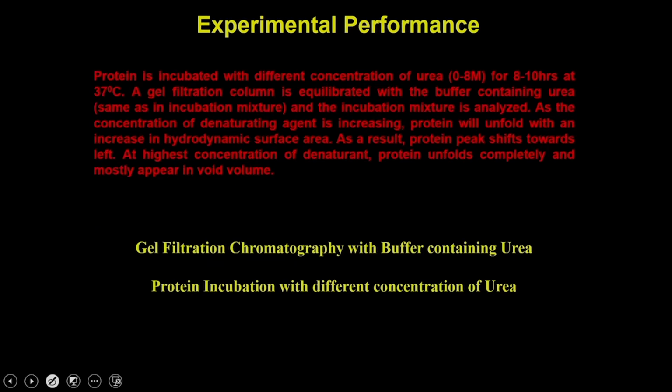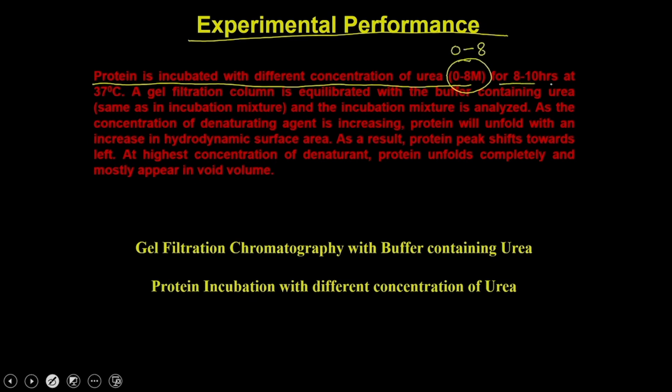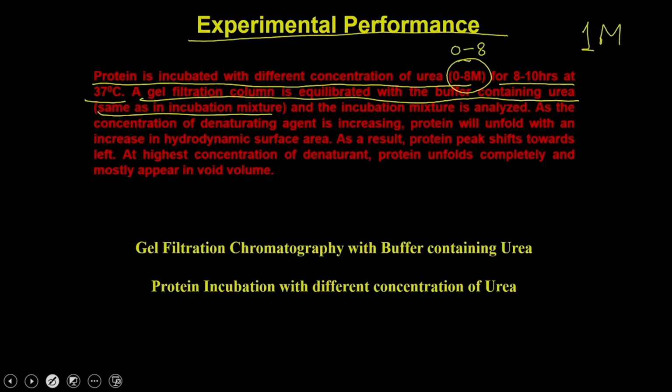So, in the experimental procedure, the protein is incubated with different concentrations of urea, which means from 0 to 8 molar urea, for 8 to 10 hours at 37 degrees Celsius, and in parallel you have to run a gel filtration column which is equilibrated with a buffer containing urea, same as the incubation buffer, which means if you are running 1 molar urea and you incubated the protein in 1 molar urea,